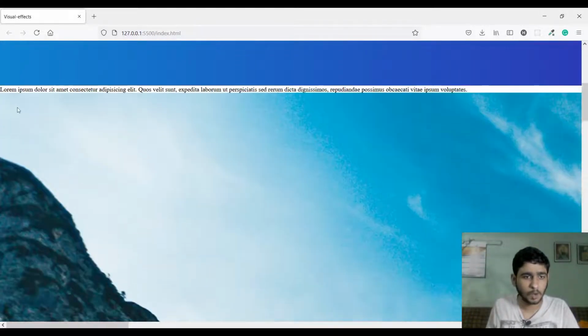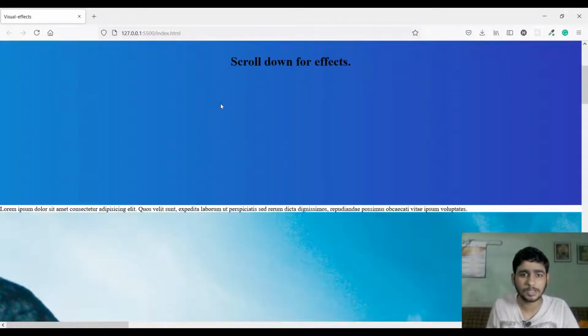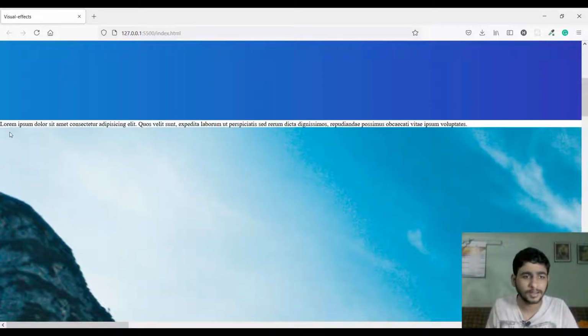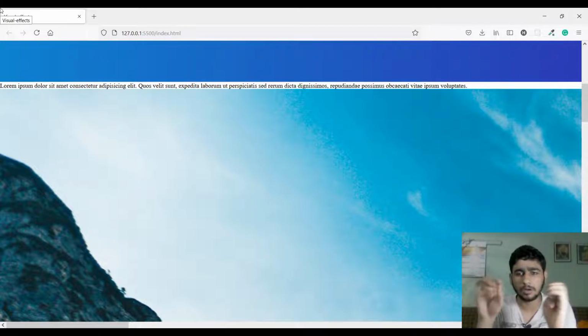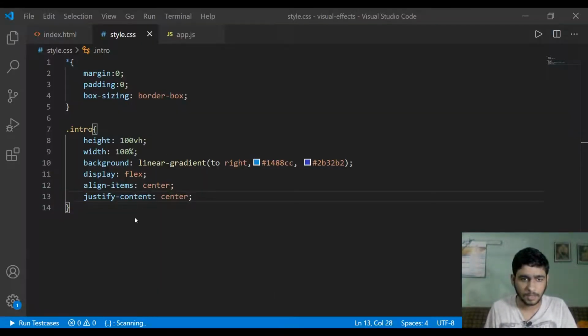Now let's come to this content section, content div. This was an intro div, and now let's come to the content div. And in this content div, we have a text div and we have an image div. So we would like to place our image on the side of our text. We would like to keep our text on one side and our image on the other side. So for doing that, we will